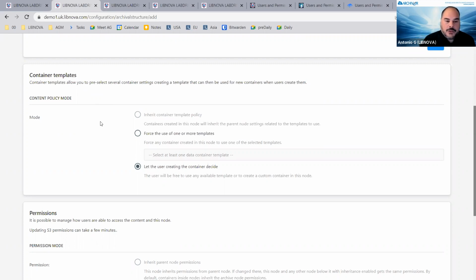So in principle, when you are creating a container in an archival node, the user that is creating the container can choose, for instance, the metadata schema that is going to be used for the content that you're going to have in the container. If you would like to prevent this, you can use the container templates. So here I'm letting the user that is creating the container decide, but I could enforce the use of one template that in this case is the new